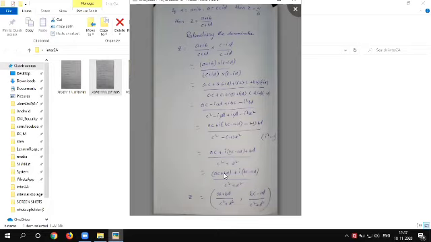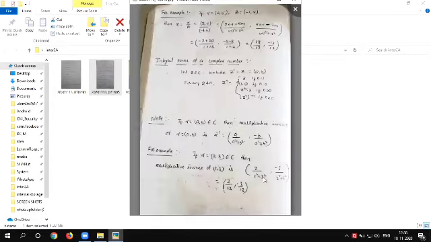Now separate: (ac plus bd) by (c square plus d square), and now (bc minus ad) by (c square plus d square). Okay, now we get the division, that is alpha by beta. Suppose we are given two numbers, alpha and beta. To divide alpha by beta, the formula is (ac plus bd) by (c square plus d square), comma, (bc minus ad) by (c square plus d square). That is the simple division.